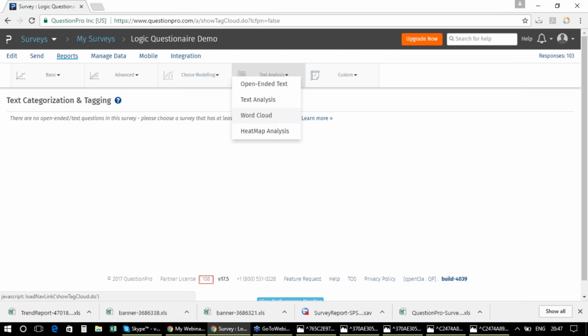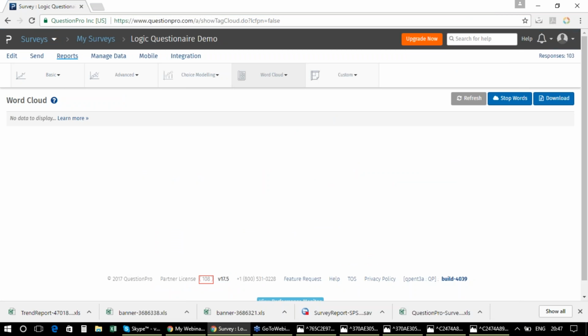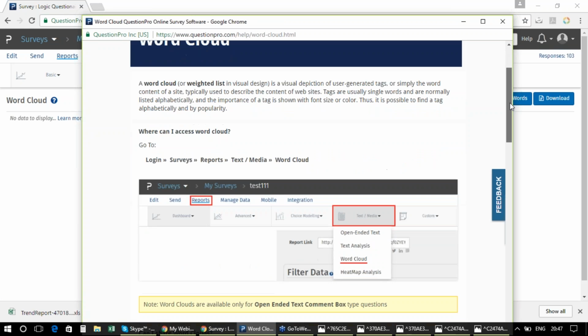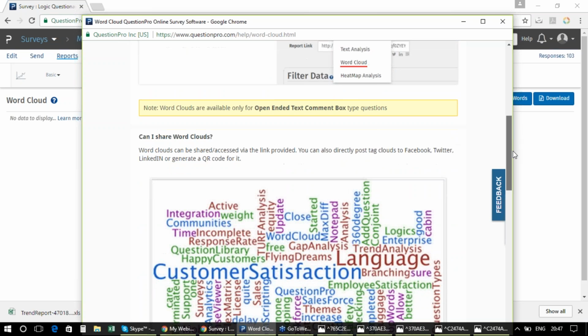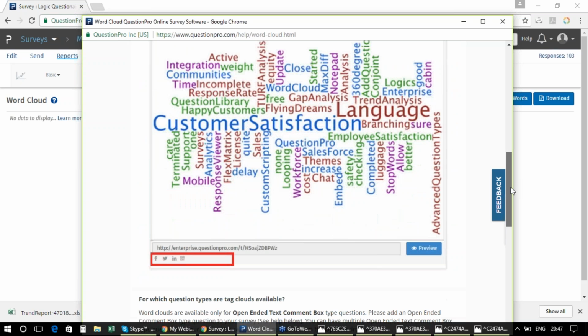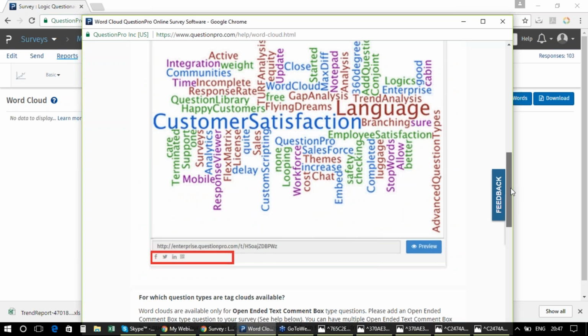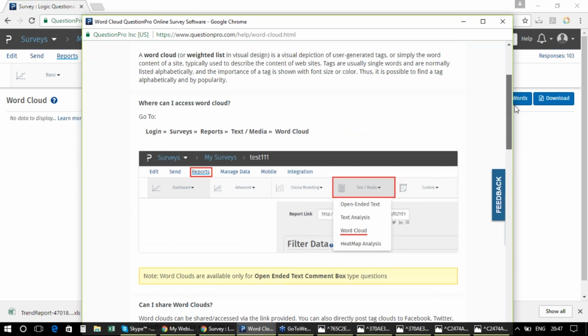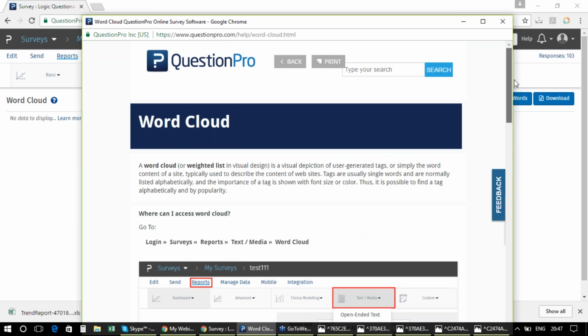Similarly, the word cloud tab which is there is also used by the enterprise edition or the corporate edition to analyze a particular word in a survey. You can also mention some stop words on the survey. As soon as you mention those words on a survey, it would not accept any input. And with the color codes, it appears like this. So if you open this particular help file, you would be able to see